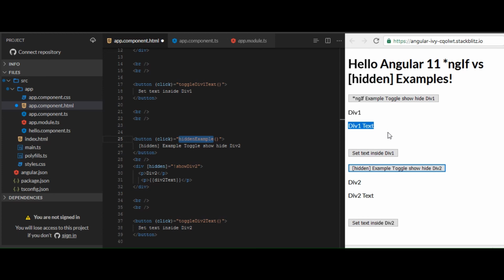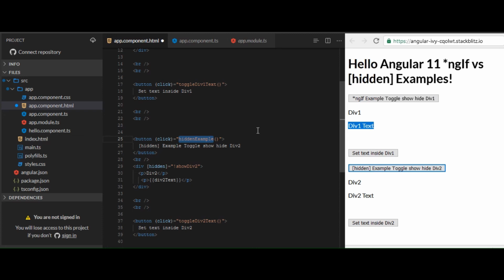This will save much time if you are using larger controls or more nested controls inside the HTML. It will be helpful, as we are not loading them when using ngIf. It will save the loading time.